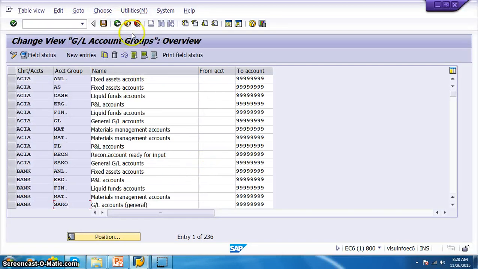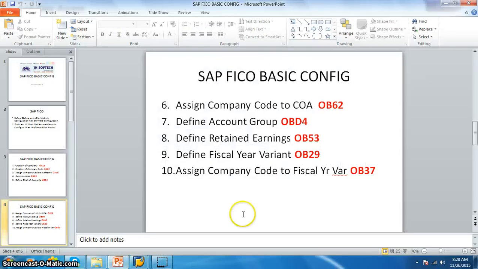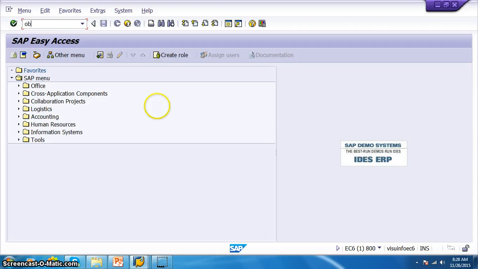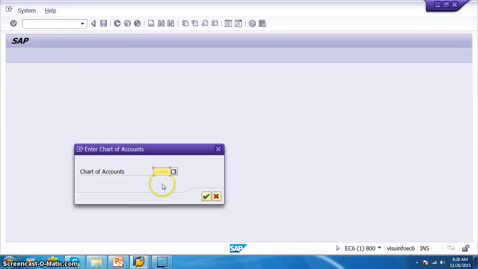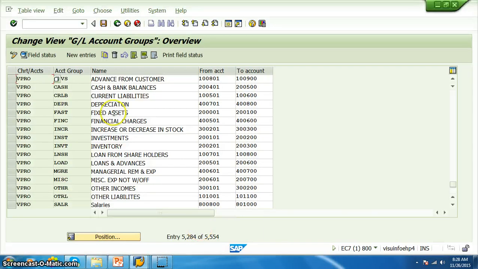Okay, let's go ahead and create the retained earnings, and retained earnings is OB53, or we can also go through the path. In OB53, let's create for the chart of accounts VPRO, which is already existing, and in this we just need to give X here, and we need to give one account number which we already have in this particular number range.